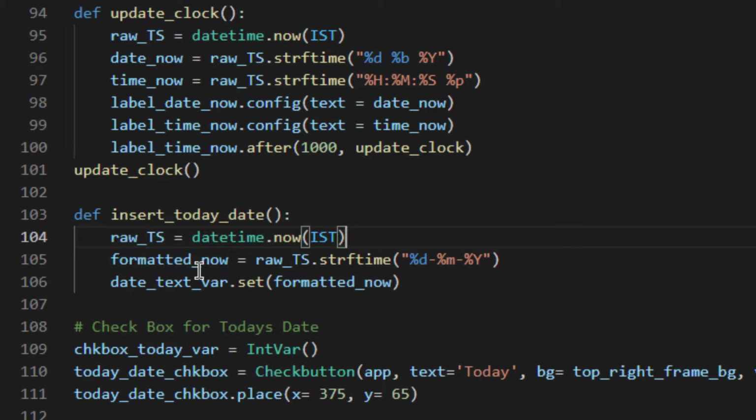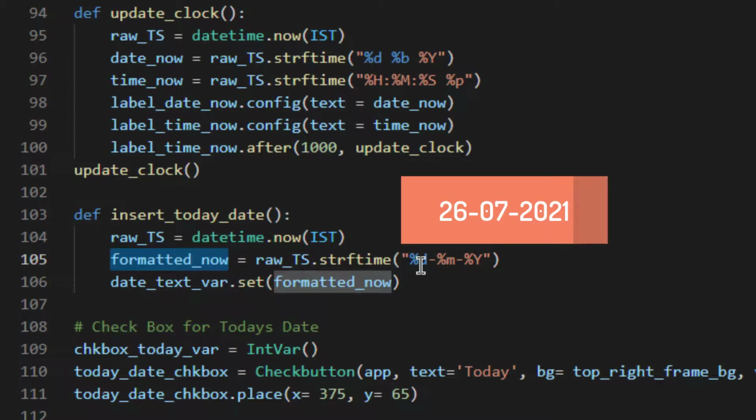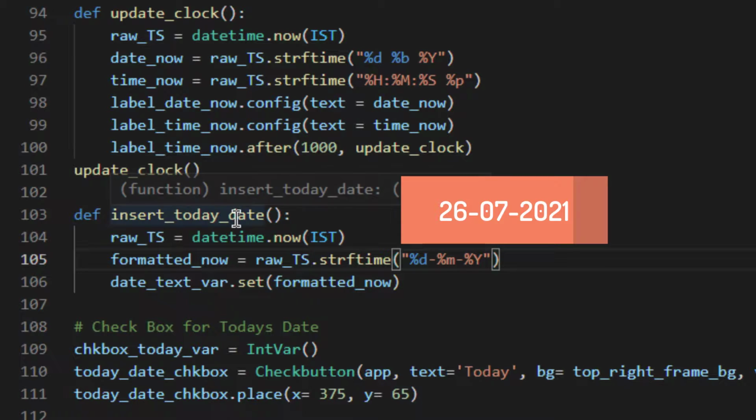Okay. Then I'll use another variable called formatted_now. This formatted_now will format the current timestamp according to the application. In this application, it requires the timestamp or the date in a particular format, which is d-m-y, and this formatting is also available. You can refer to string formatting. I will also provide the link for the documentation of string formatting in this video, and you can check it out. Okay, once this is done, this formatted date is holding this value, extracting the timestamp and converting it into this format.